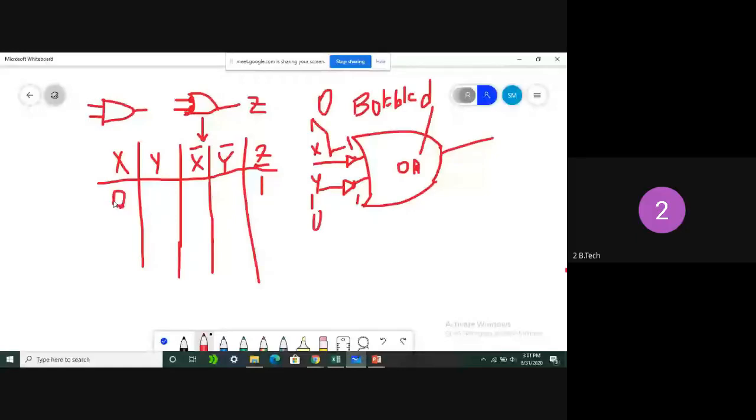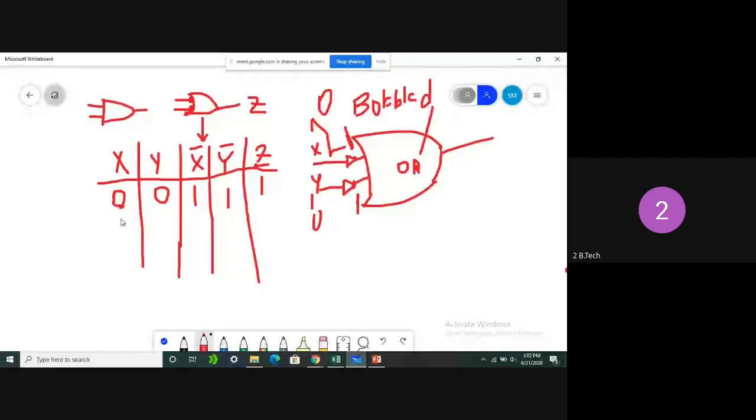But the OR gate is taking X bar and Y bar. That is in the sense for Y it is taking as 1, for X also it is taking as 1. So if both are ones, these both ones will be present here. Clear? So finally output is 1. This is OR, but we are providing reverse inputs. Clear all of you?